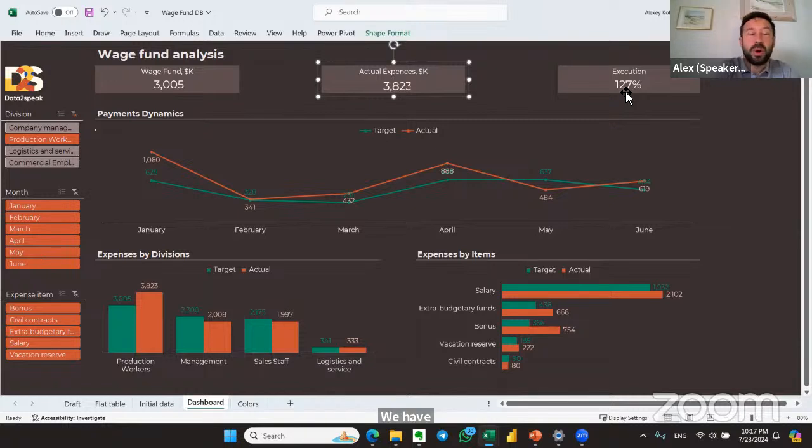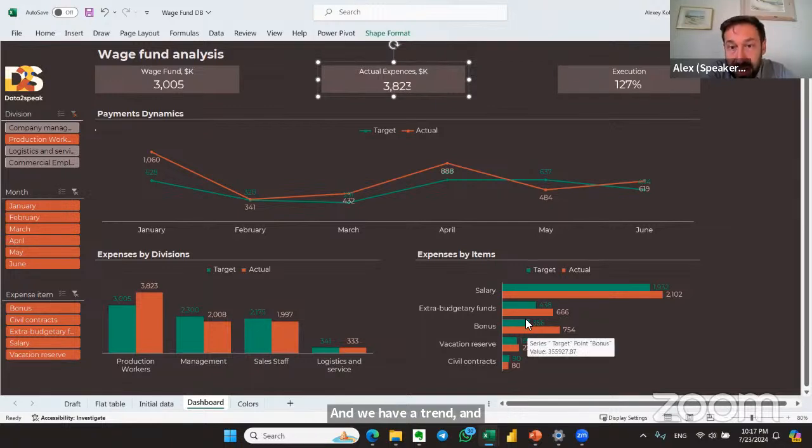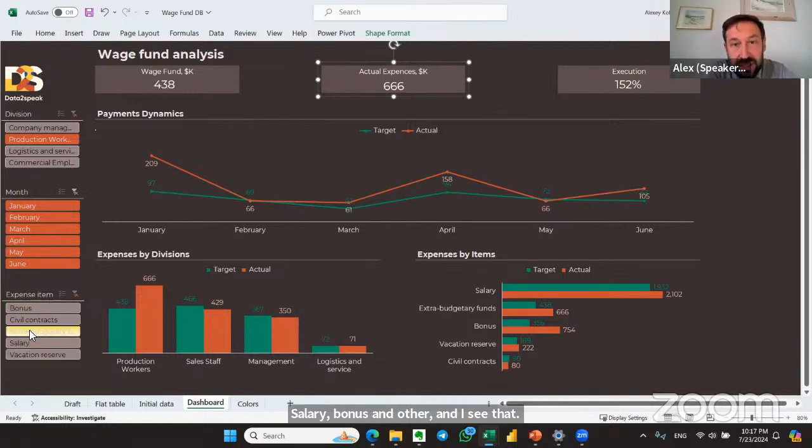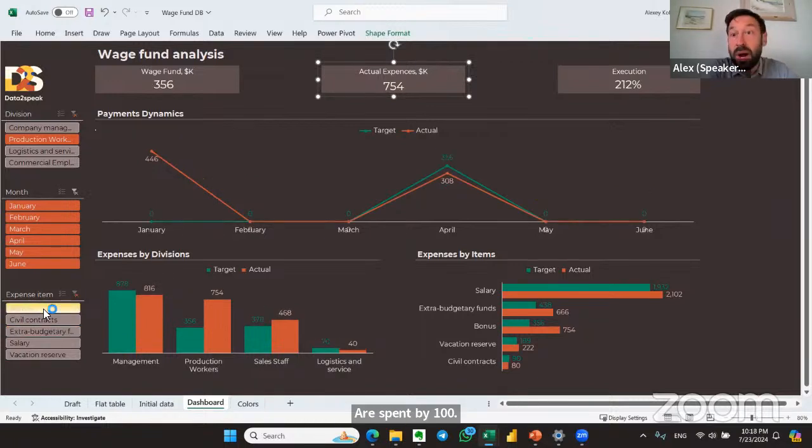For example, we can see that for production workforce, we have 127% of overspending, and we have a trend, and we can also analyze by budget item: salary, bonus, and other. I see that our extra budgetary funds are overspent by 150, or bonuses by 200.